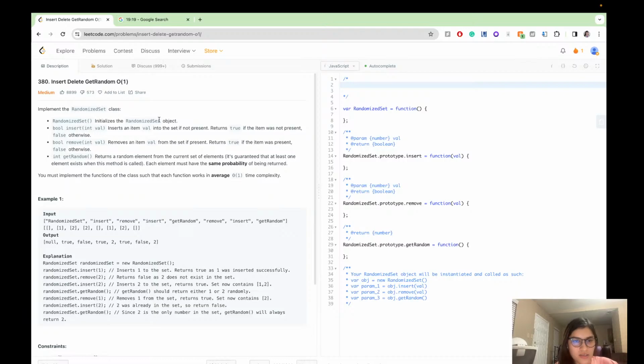Implement the randomized set class. RandomizedSet initializes the randomized set object. Okay, so I'm also looking at this for the first time, so I'm not sure what this means. Oh, okay. It initializes the randomized set object. And bool insert inserts an item value into the set if not present, returns true if the item was not present. So it means insert value into the set